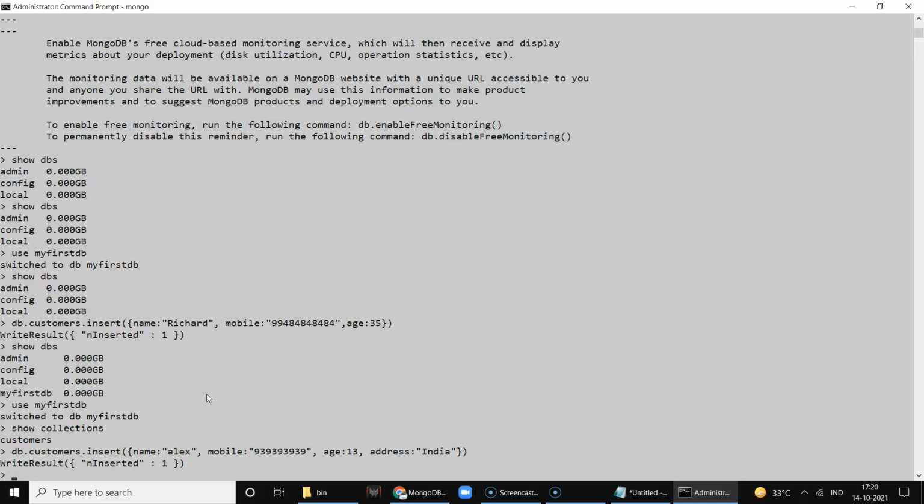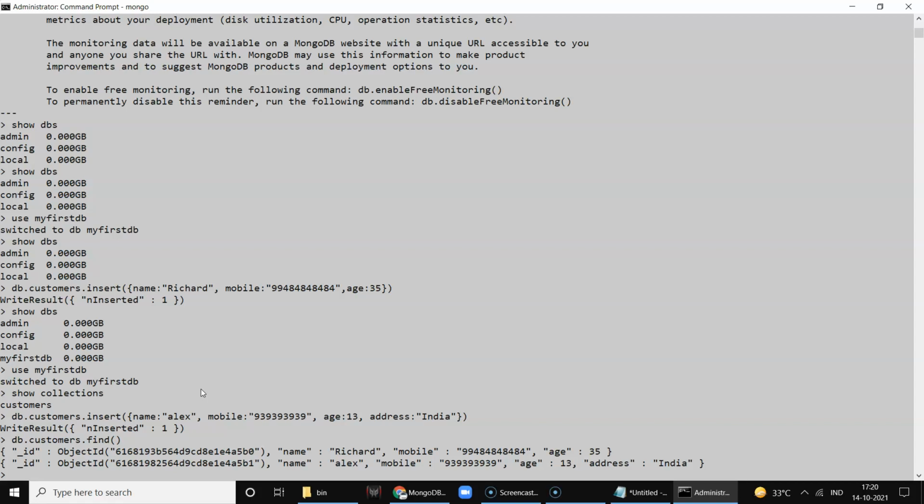So if you see, we have two records. Now to display the two records, we use a command db.customers.find. You see all the records are displayed. Now if you look at the difference between a typical RDBMS database and a MongoDB document, this is a document. You see that the first record does not have address, so we don't have to necessarily create a column which has a null value. That is the biggest advantage of the MongoDB database, and in what format it saves and manages the entire database structure.